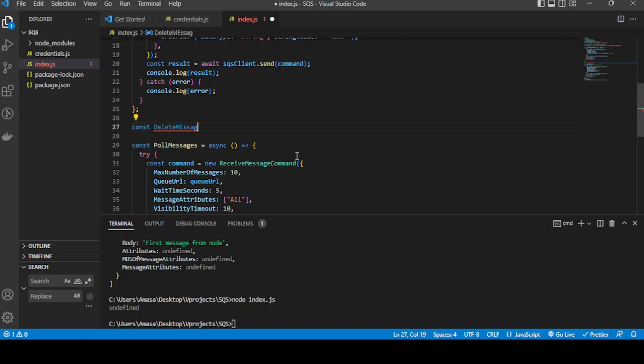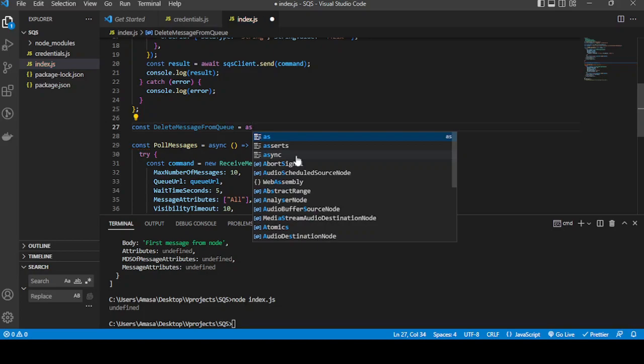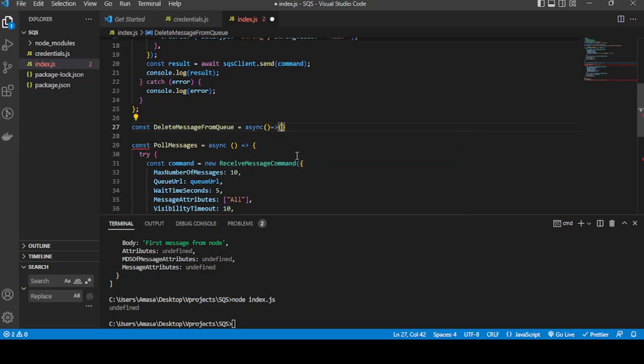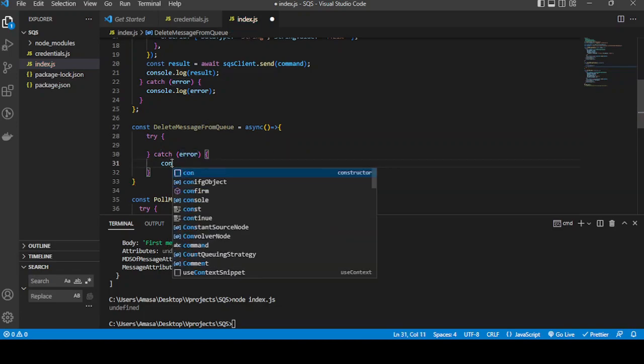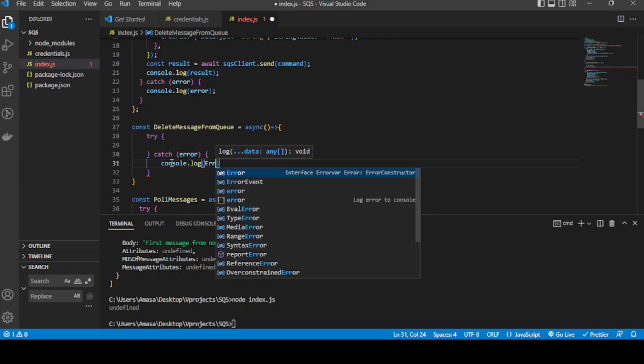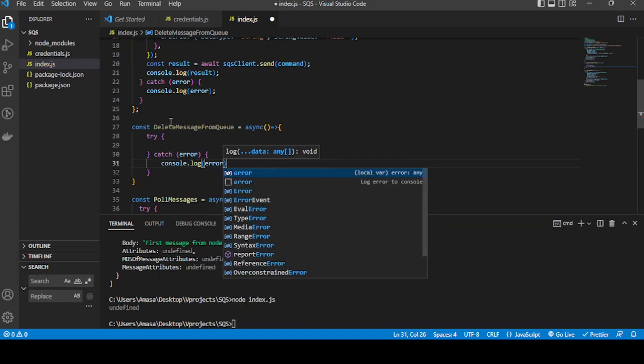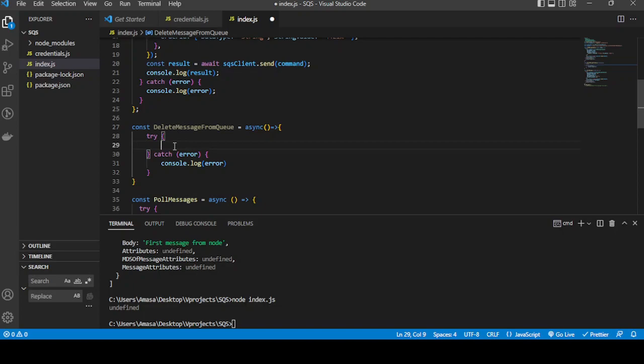So we can do this: delete message from queue. It's also going to be an async function, and also a try catch. So we can console log the error in case, and then we simply do data equals await SQS client dot